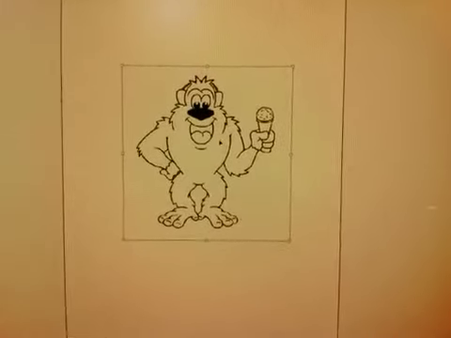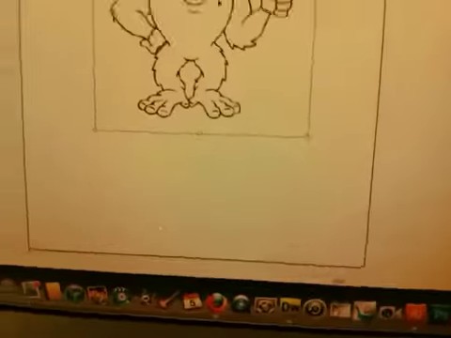Now, if you don't know anything about bitmaps and vectors, right now this image is just a block. It's kind of like a photograph. It's just a block. You can just move it around, and that's all you can do with it. If you go up to View